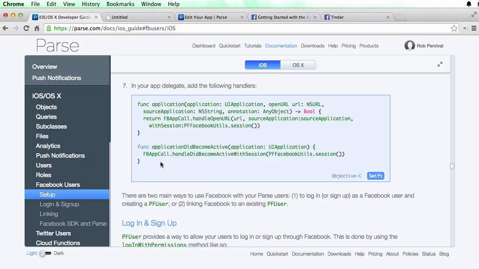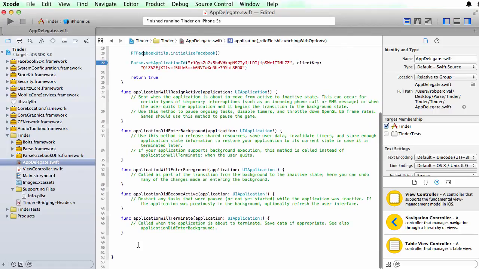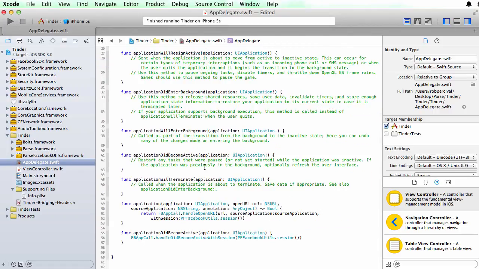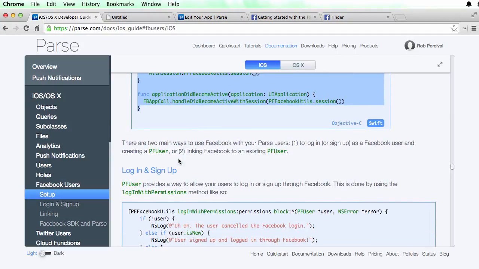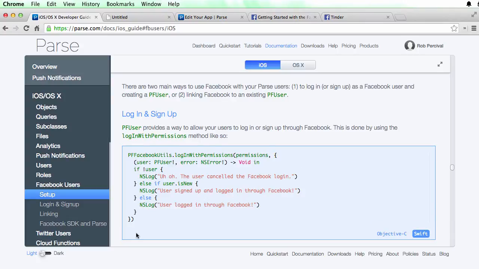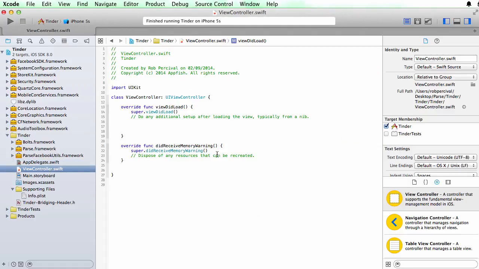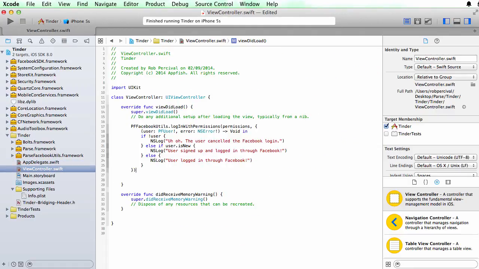So I'll just copy those and paste them at the bottom of the app delegate. There we go. Switching back over. We're now in a position to actually use it. So we need this bit of code to set the user up. So let's be lazy and just put that straight into our viewDidLoad method. And then as soon as we run the app, we should find that it requests the Facebook login